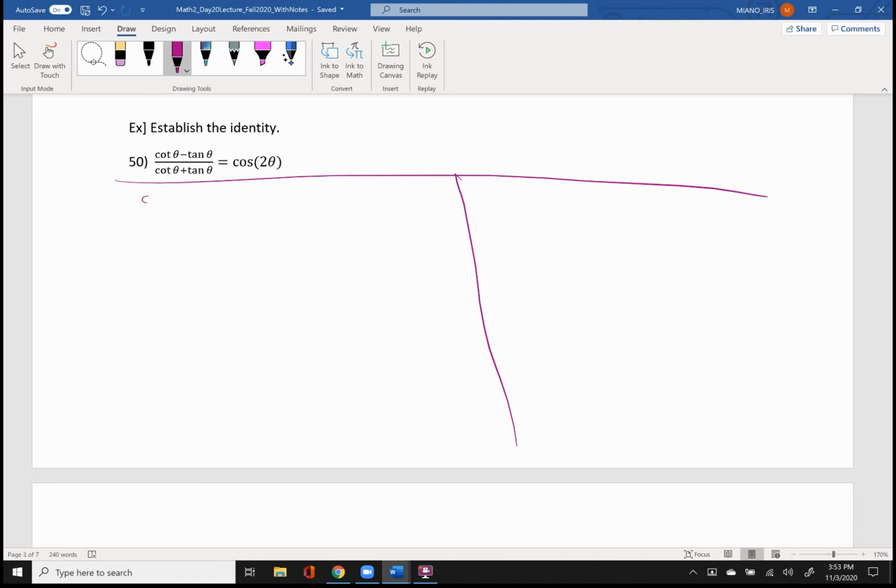So here we go. It'll be cosine theta over sine theta minus sine theta over cosine theta, all over, so that's just cotangent theta minus tangent theta redefined. Same redefinitions here, but plus